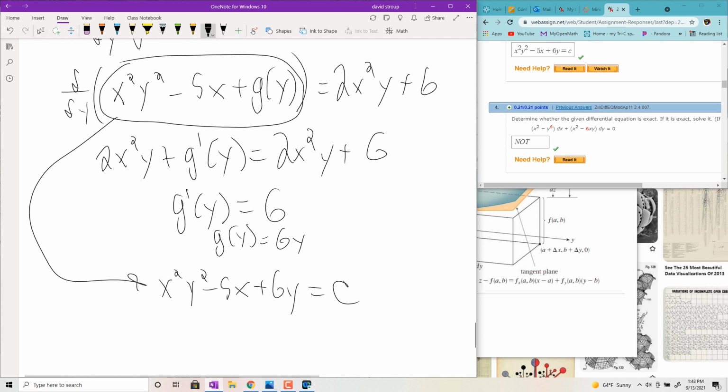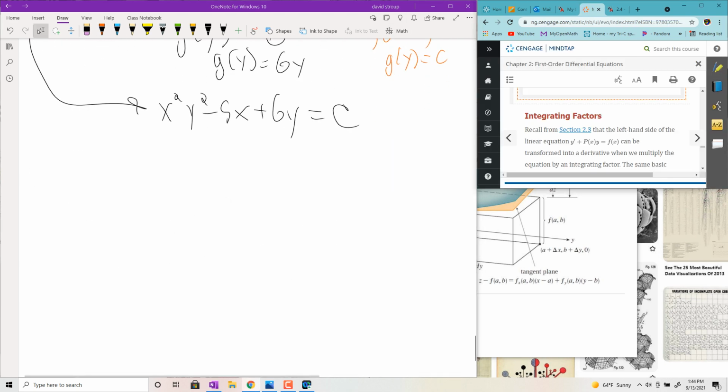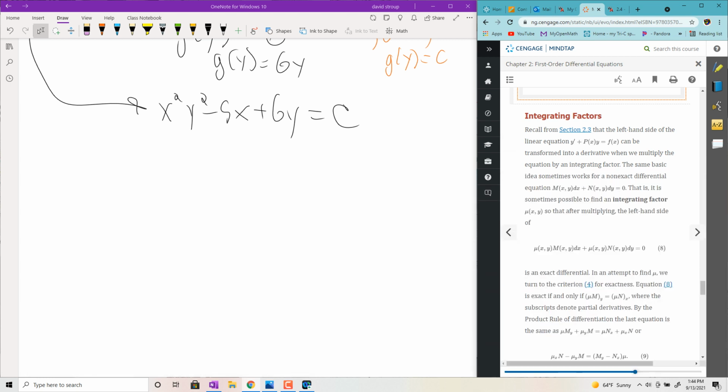Every once in a while, just as a warning here, this g prime of y will equal 0. And sorry, I couldn't find an example. That's the example I was kind of hoping to get. But in that case, when you integrate both sides, you're just going to get g of y is equal to some constant. And that constant you could just put on the right side with this constant c. I was hoping to find one of those, but of course, I was unable to. And of course, they won't give you one of those examples in the book. So anyways,